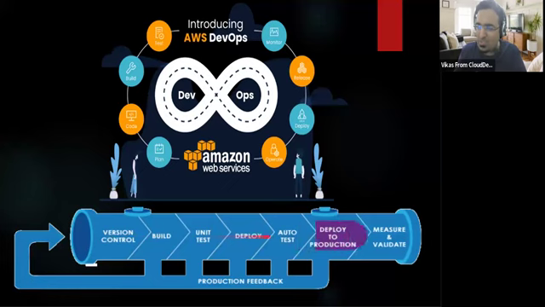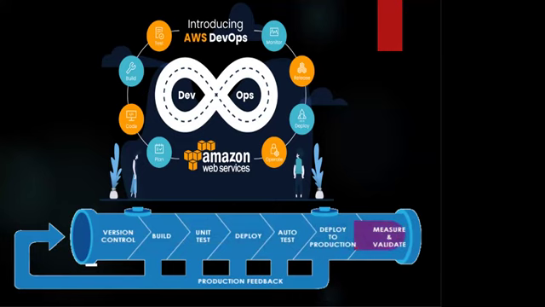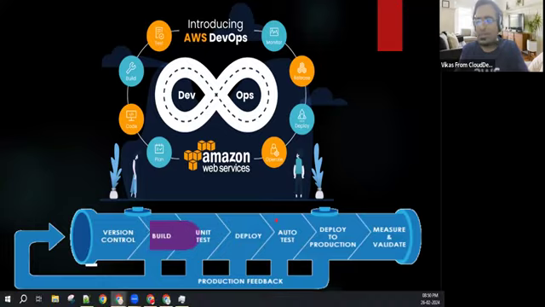If all these things happen automatically in less time with the help of tools, that is the setup of DevOps. A DevOps engineer will do this type of automation, so that as soon as the developer writes the code and pushes it to GitHub, the code will be built automatically, some testing will happen automatically, and it will get deployed into another environment automatically. That is the work of a DevOps engineer.